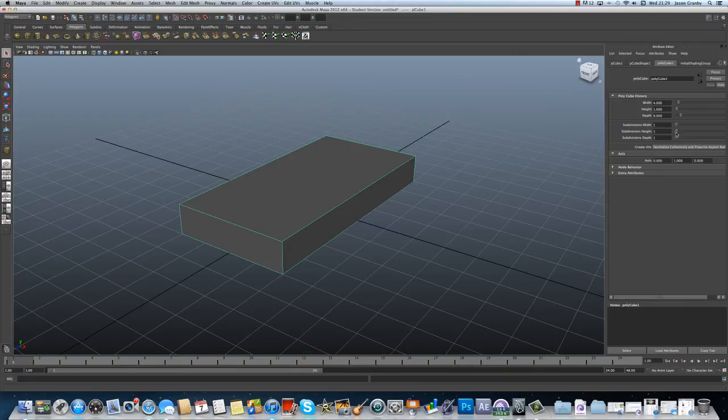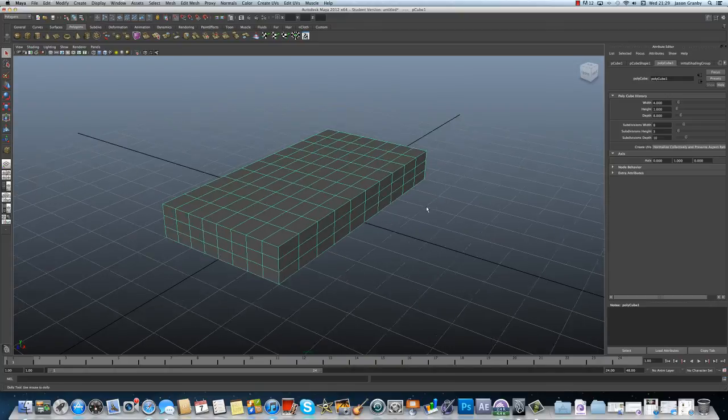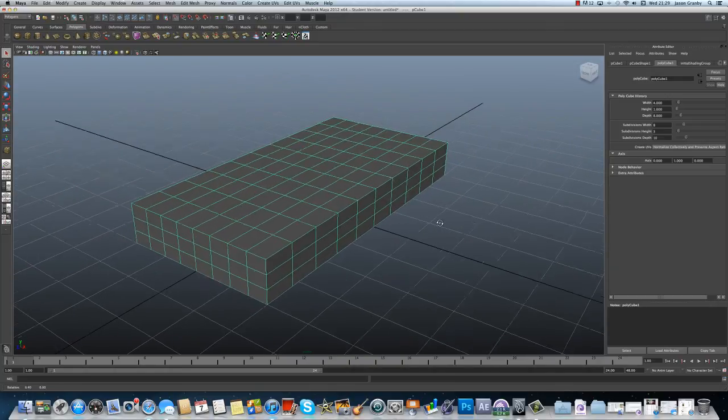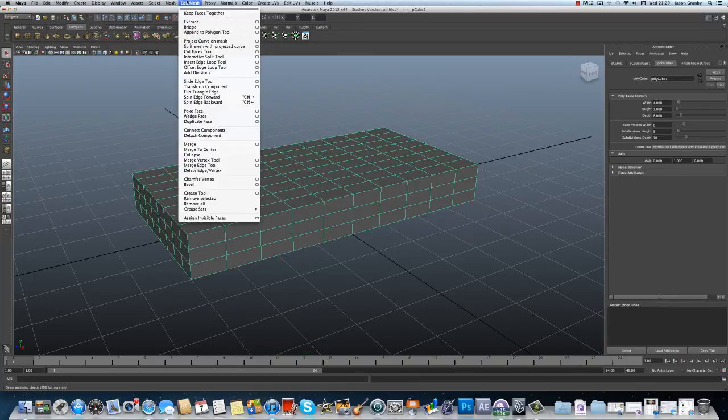I'm going to add some divisions, so on the width I'd want something like 8, the height something like 3, and the subdivision depth I'd want to be about, say, 10. Yeah, that seems about right. So yeah, I've got that. I'm then going to go edit mesh,